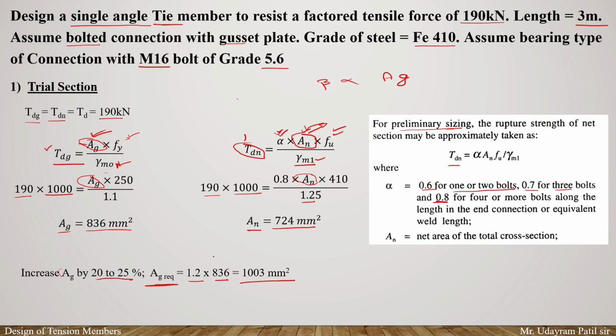If we are taking the value of the AG as lower, in that case whatever particular member we have might not satisfy our check. So we might have to redesign this whole section. Therefore, to avoid that, here we are increasing the AG by 20 to 25%. So by increasing this area by 20%, the AG required, that is the gross area of this particular section required, will be equal to 1003